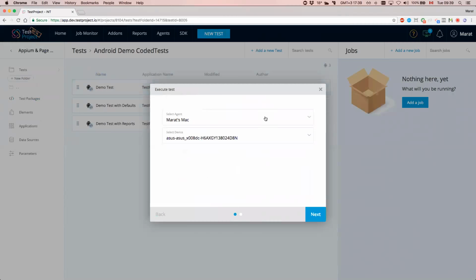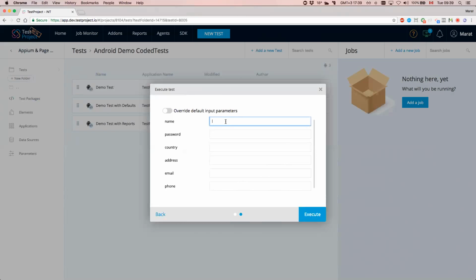So the system will ask me what is the device that I would like to use, and this is the physical device that is currently attached to my computer. I will just leave it selected. And now I will be presented with a screen where I can supply different values for the parameterized execution. Later, I will show you how to create a data-driven execution based on a CSV file. But in this particular case, I'm just going to type in some information